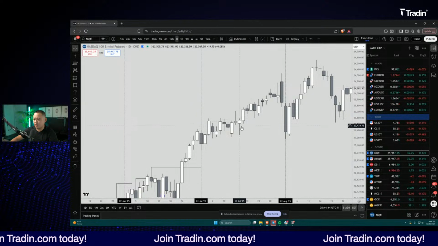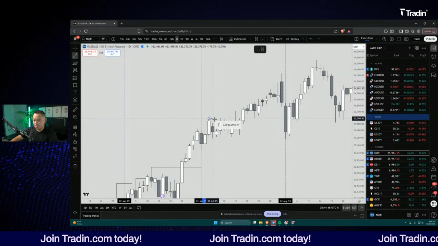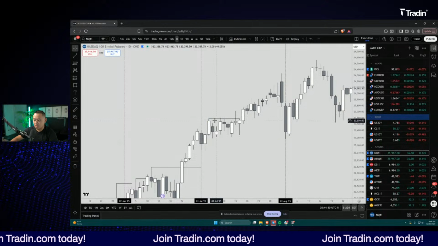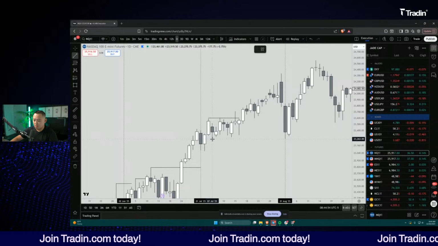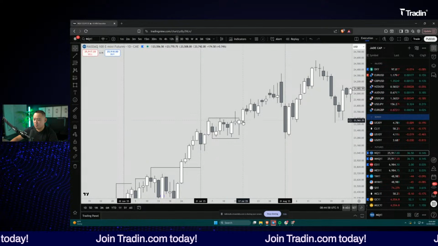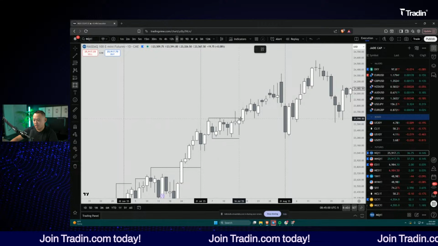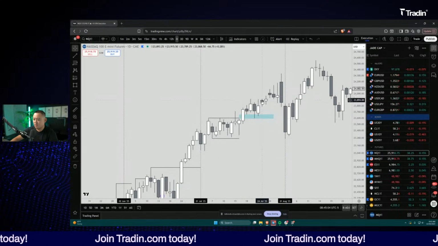We're just stuck in a range, and then we eventually get a range breakout here. So we have this here as our range. I would wait for this closure here. This closure outside of the range creates a fair value gap, and then maybe you can position long for the following days.